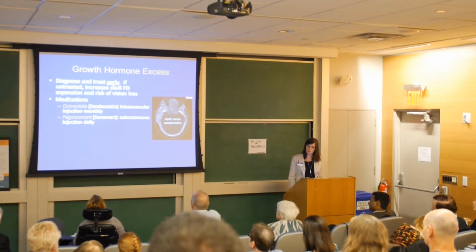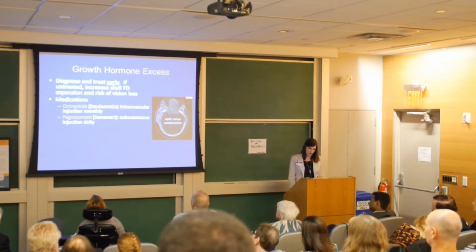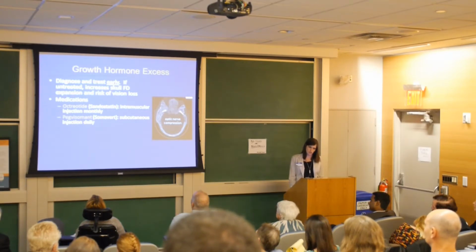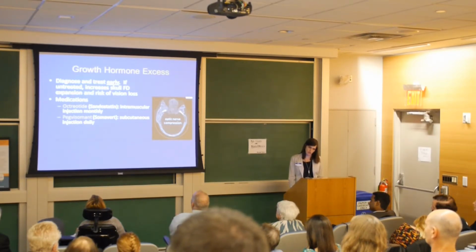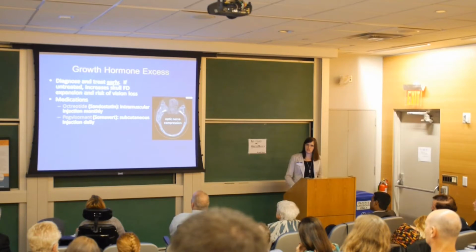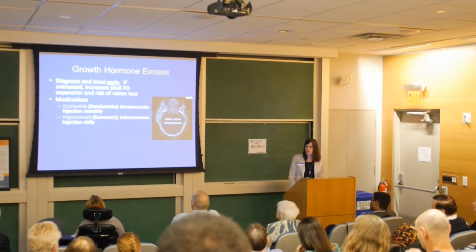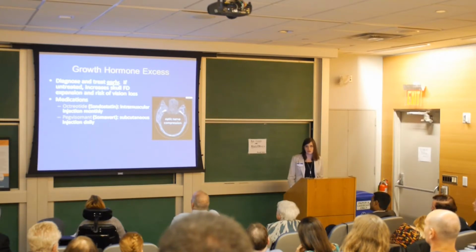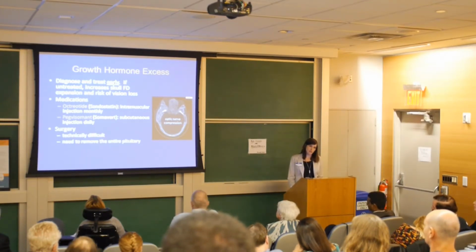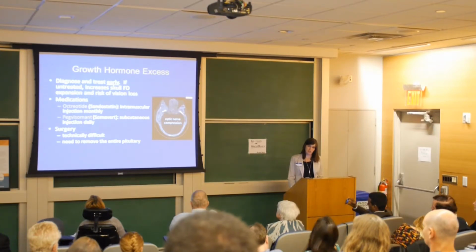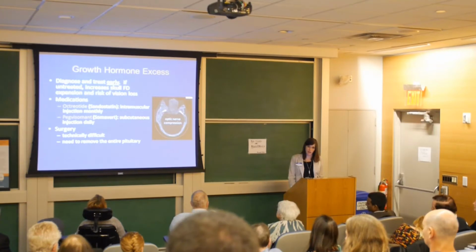So medications seem to be relatively effective for this. Our options are octreotide, which is an IM injection once a month, and pegvisomant, which is just a subcutaneous injection once a day. Most patients are controlled on either one or both of these medications used in combination. So if medical management fails, this can be a very difficult endocrine complication to treat because we don't have other